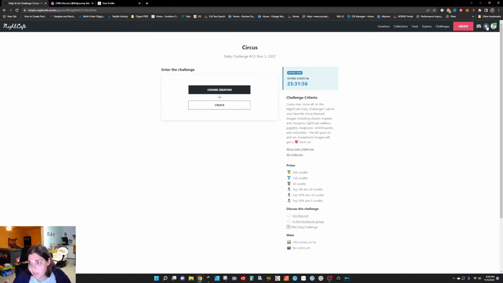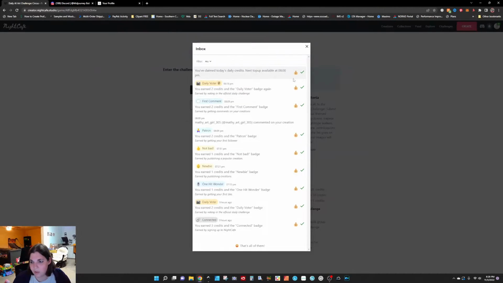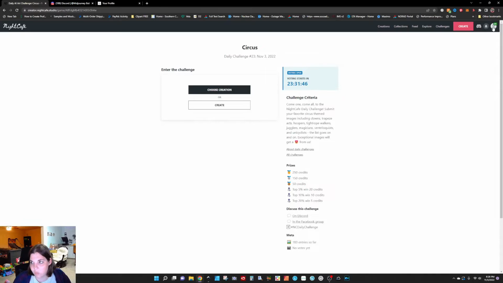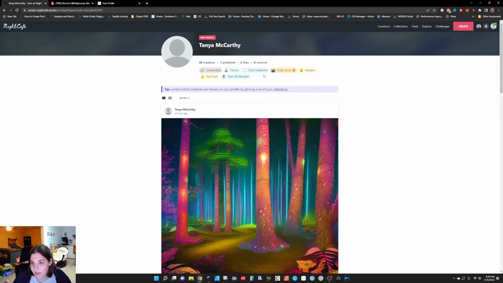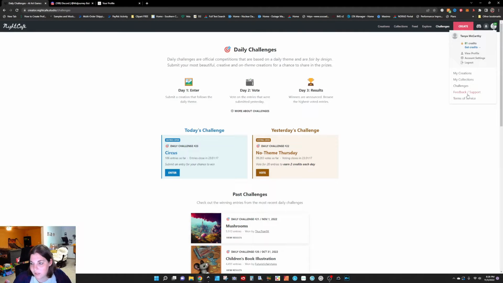All right, so you also have this notifications tab, so you will get 5 daily credits. As you work on the system, you will get certain badges associated with that. Up in your profile, you can see get credits. If you click on view profile, you can actually see your connections, and you can also see what badges you have. Okay, and you have the capability to scroll through that. You also have their terms of service and any feedback and